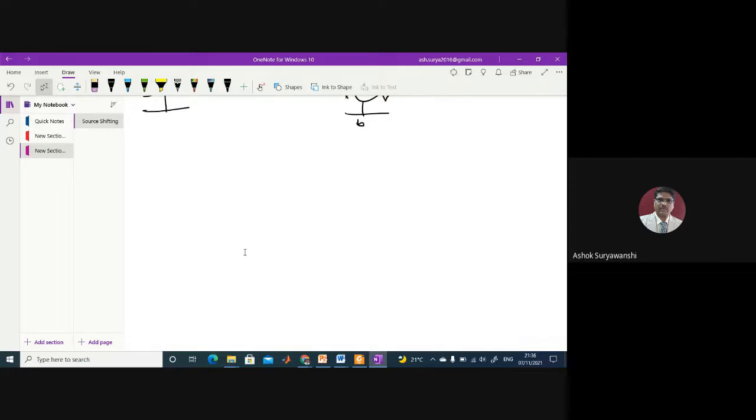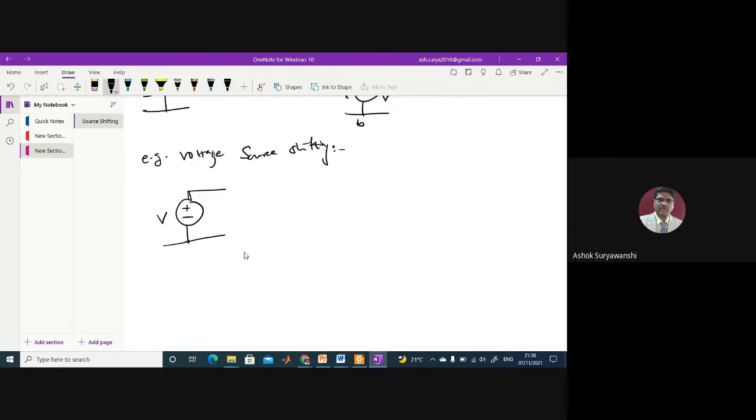So how do we use this source shifting? Let us try to understand how to do the voltage source shifting. Here you have to understand the fundamental that in parallel, voltage remains the same. For example, I will consider that there is a voltage source, suppose having voltage V, and this is ideal here, right?